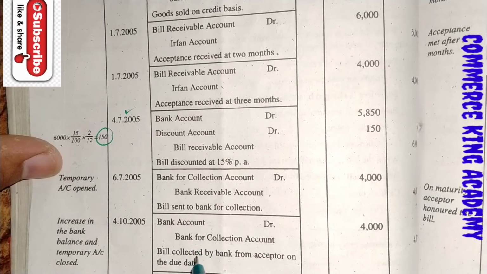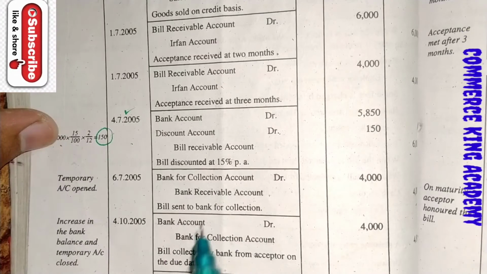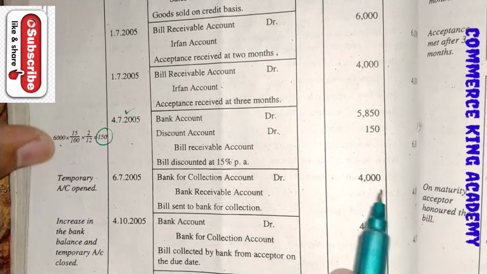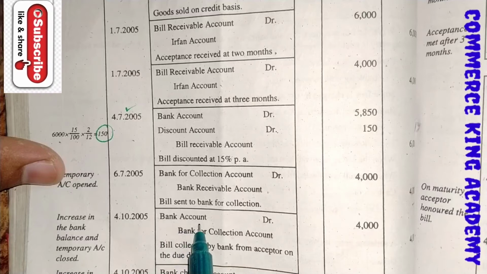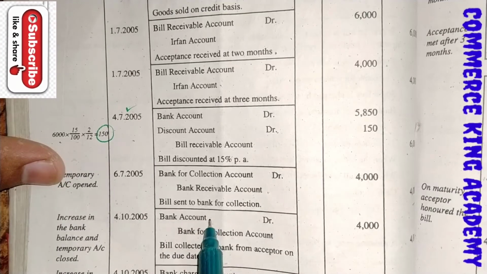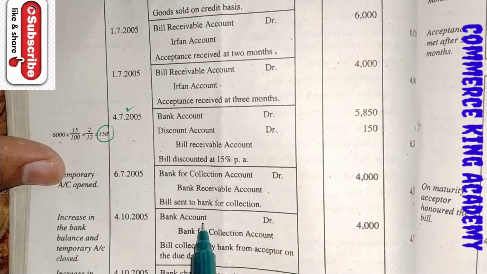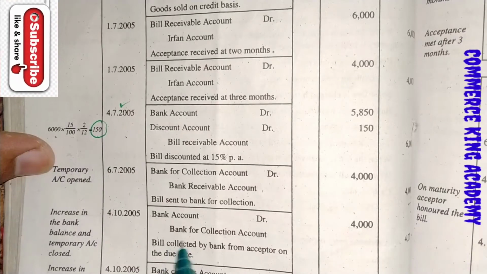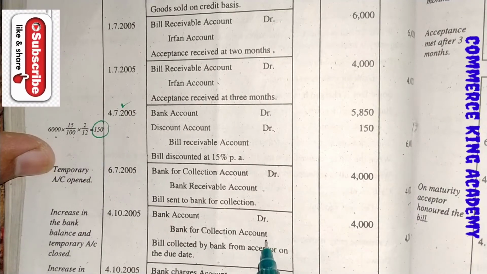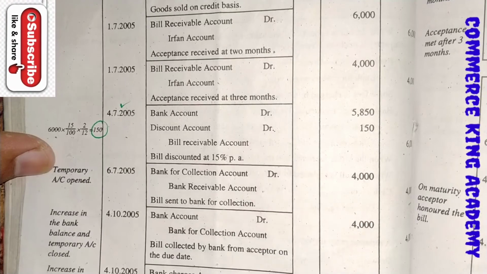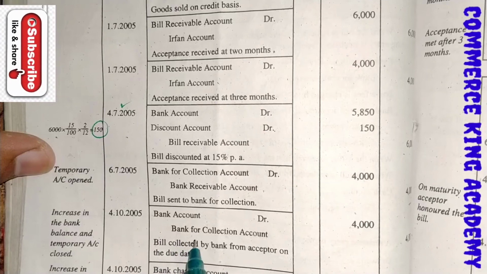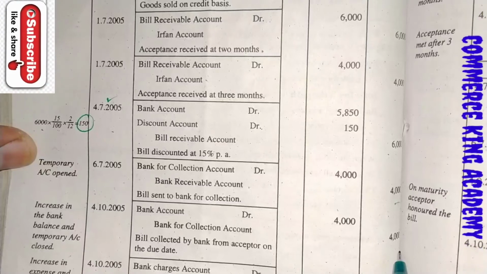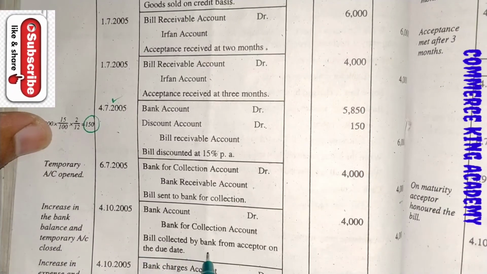Irfan of the bill and intimates Mr. Imran. So Mr. Imran makes entries into his journal: bank account is debited because the amount comes into the bank account of Mr. Imran, 4,000 rupees, and bank for collection account is credited by Mr. Imran because of an increase in bank account and a decrease in another asset, which was bank for collection account, with the same amount 4,000 rupees. With details or description: bill collected by bank from acceptor